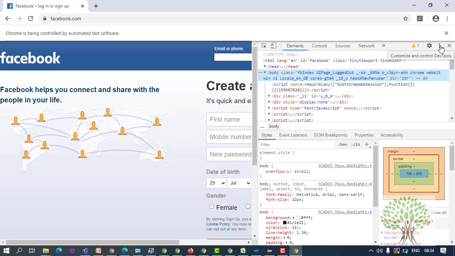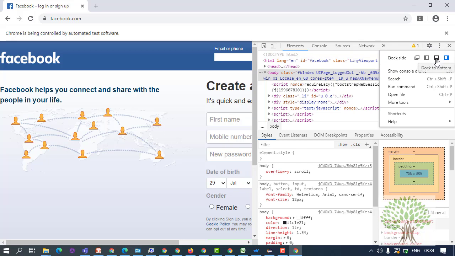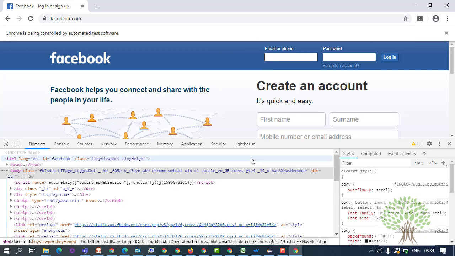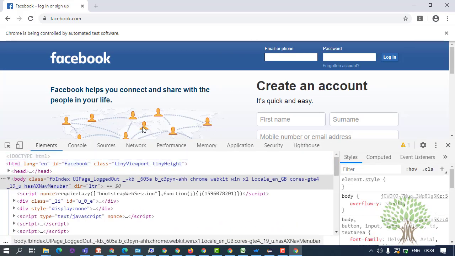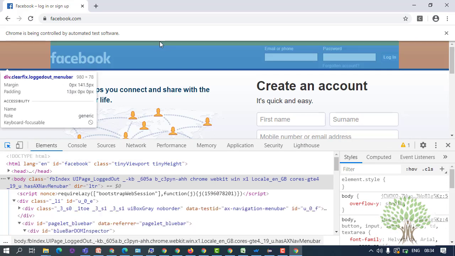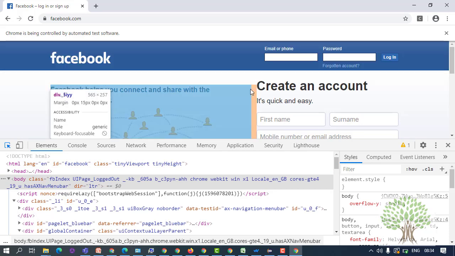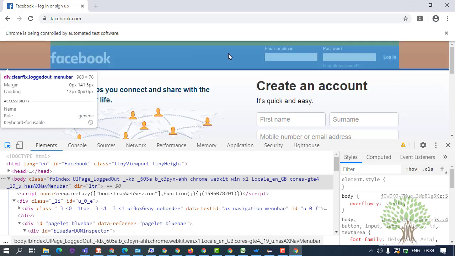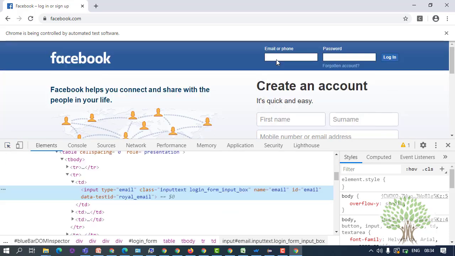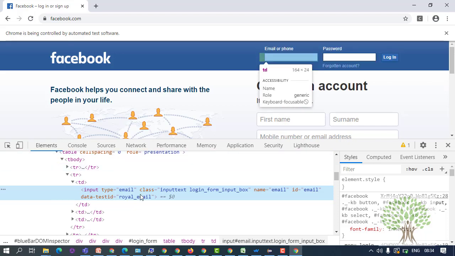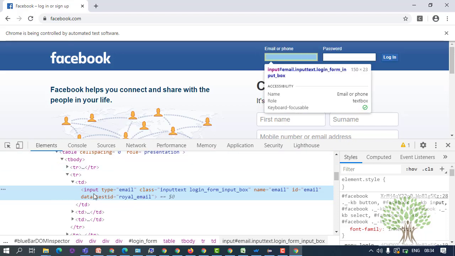You click on these three dots and switch to the dock to bottom view. Then you click on this arrow, and wherever you move the mouse, that element will get highlighted. I move the mouse over the email field, the email element gets highlighted. This is the page source of the email field.